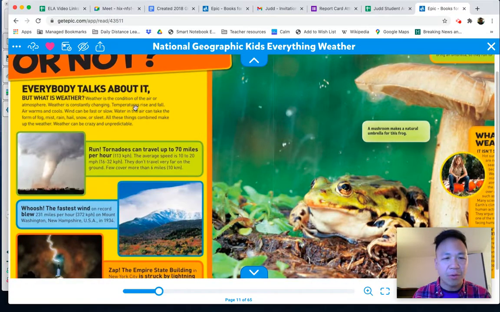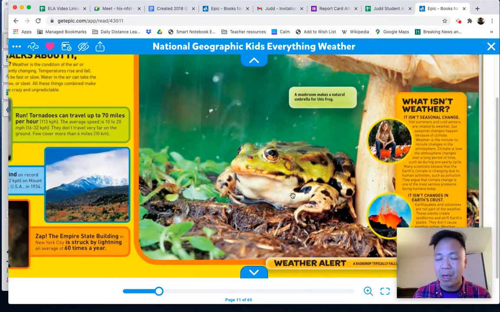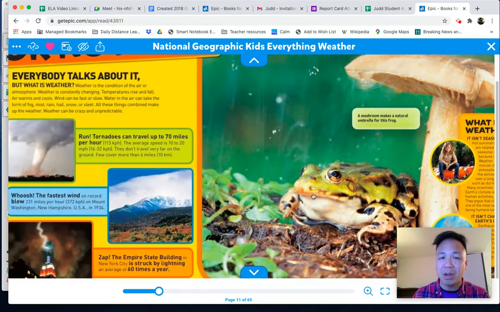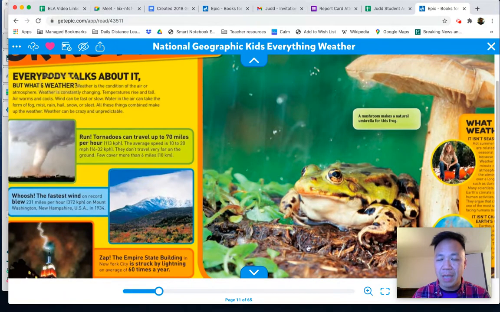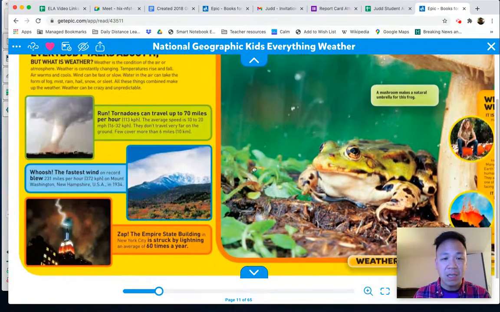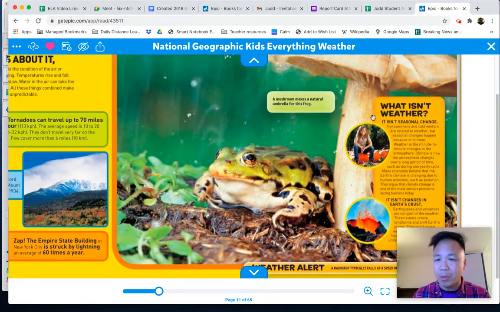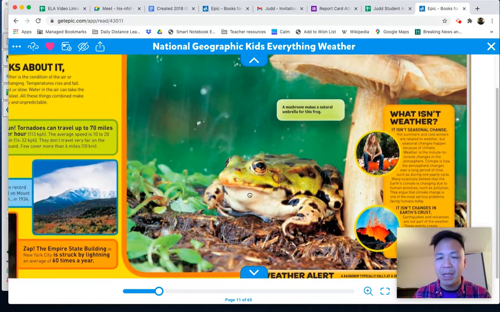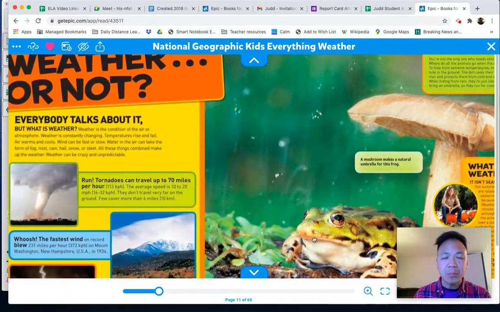I notice I jumped around. I didn't even go to this part yet or that part, and that's kind of the interesting thing about a nonfiction book like this, is that you don't have to necessarily start from beginning to end and read in this way. You can actually skip around a little bit, but each section kind of is its own mini section. This is almost its own mini section right here, what isn't weather, and it breaks it down into two smaller groups. And so each one of those groups explains this bigger topic. So when I look at it that way, I can make more sense of the entire book.